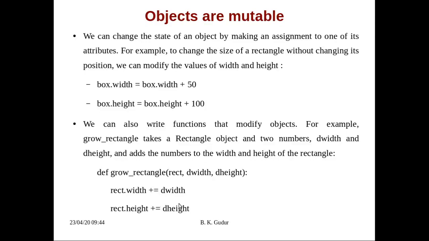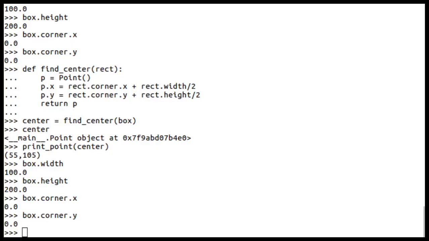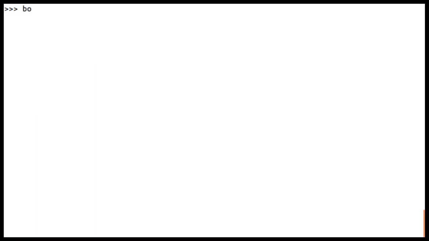Later if we print the rectangle, obviously the rectangle will have grown by this much width and this much height. Before we proceed further, let us execute this and see the result. Okay, let us see the values of box.width. Yes, box.width is 100 and box.height is 200.